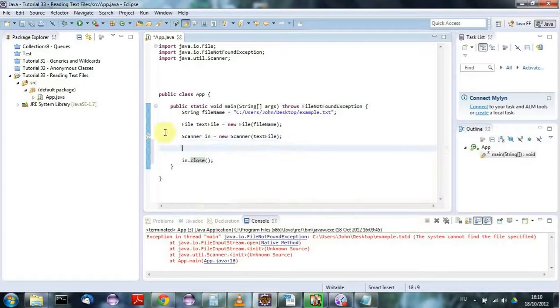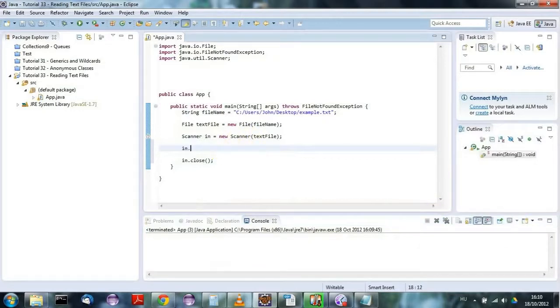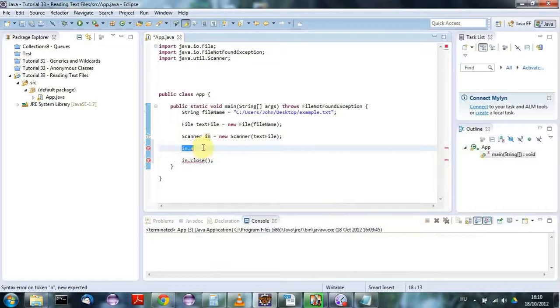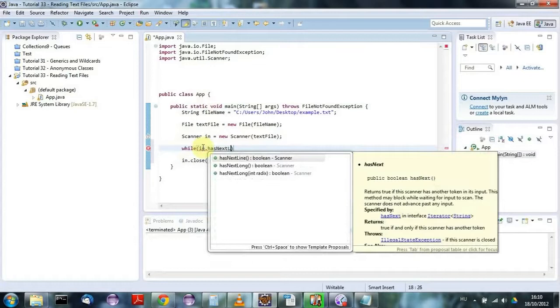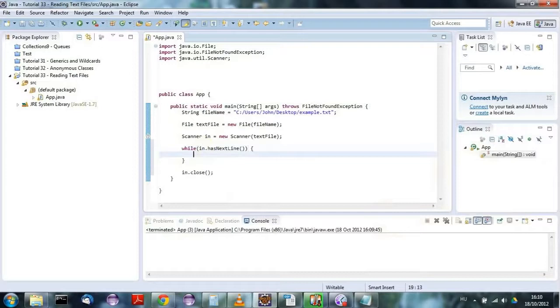And now we can read this line by line, and you can read data from your file using a variety of methods from the scanner object. If I type in.next here, you can read integers and floats and all kinds of things from your file. But what I'm going to do here for the moment is just have a loop that will read the whole file line by line, and I'm going to say while in, which is my scanner, has next line. So in other words, while there is another line to read, then I'm going to say string line equals in dot next line